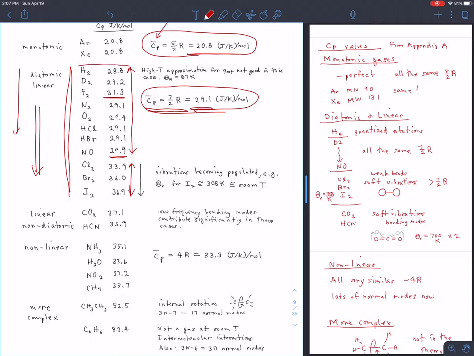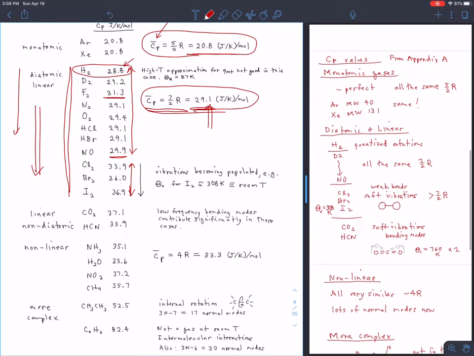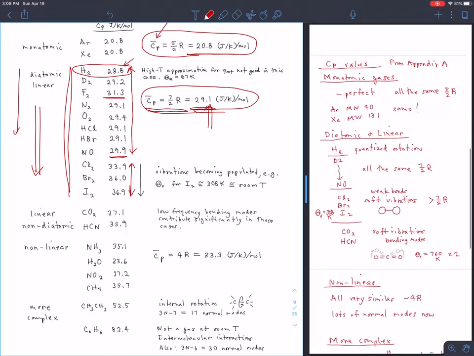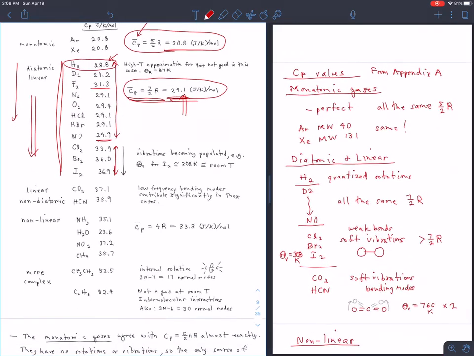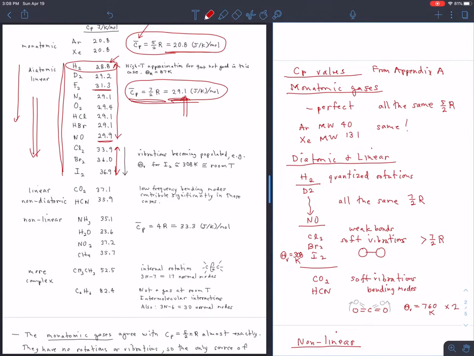First of all, let's look at H2 here. It's a little bit too small. This is supposed to be the minimum value of heat capacity that you could possibly get for a linear diatomic molecule where vibrations aren't contributing, and it's a little bit below that. How did that happen? Well, remember when we did the rotational contributions,